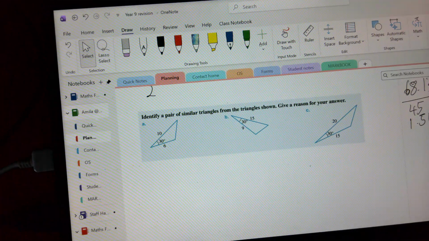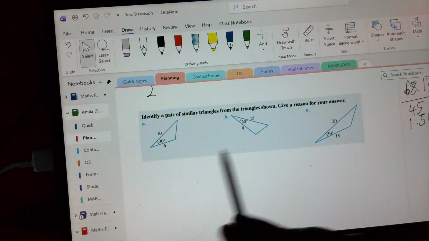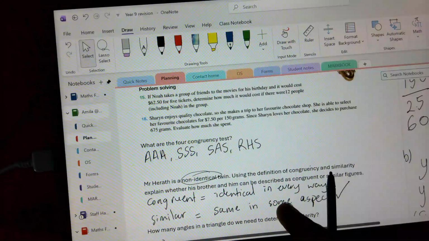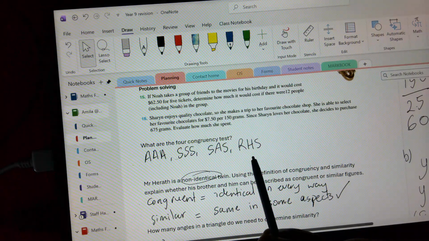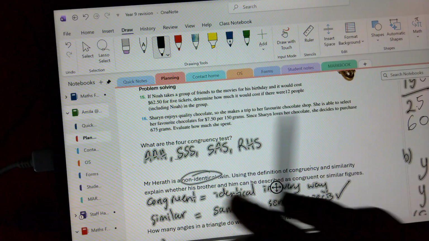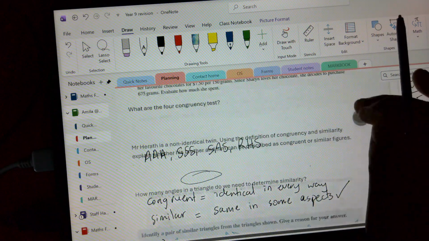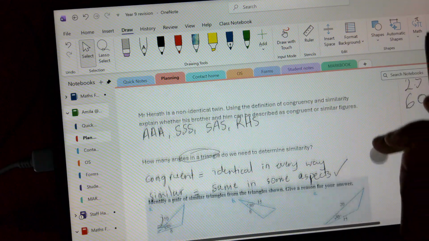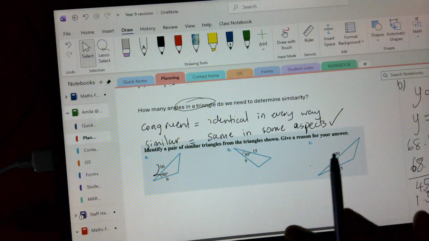Alright, so here you have to identify the triangles. Identify this pair of similar triangles from the triangles shown. Give a reason for your answer. First thing to note is that they have all got 30-degree angles. So if we go back to our similarity test, we are going to knock out right angle and SSS because